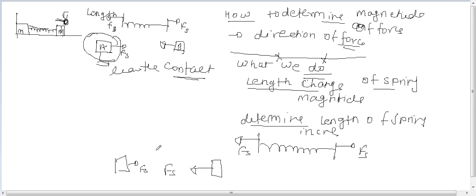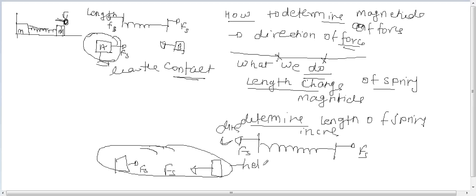By this I determine the direction, and here we take the help of Newton's third law. So this is the way I determine it, and it depends upon you how you want to determine it, but you have to determine